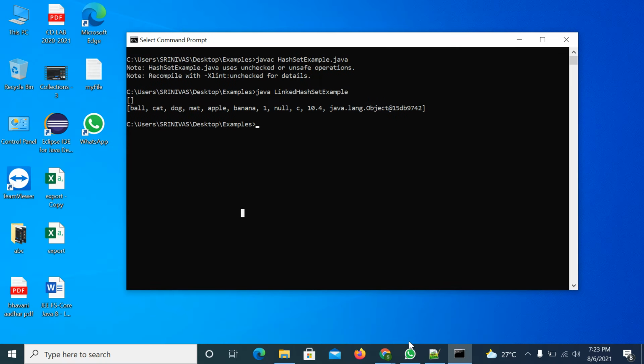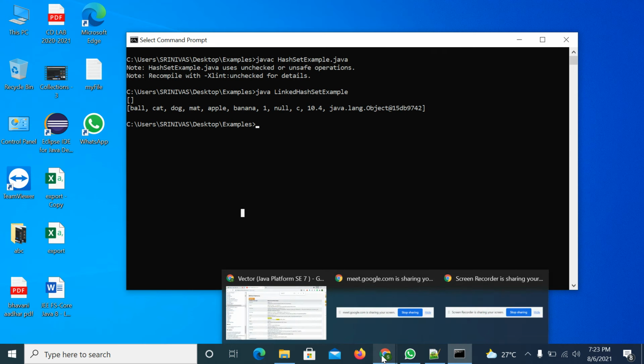So now we'll try to understand the next one, that is SortedSet.